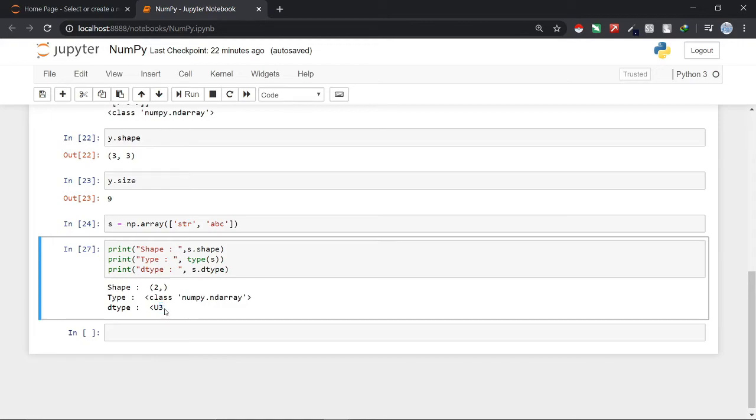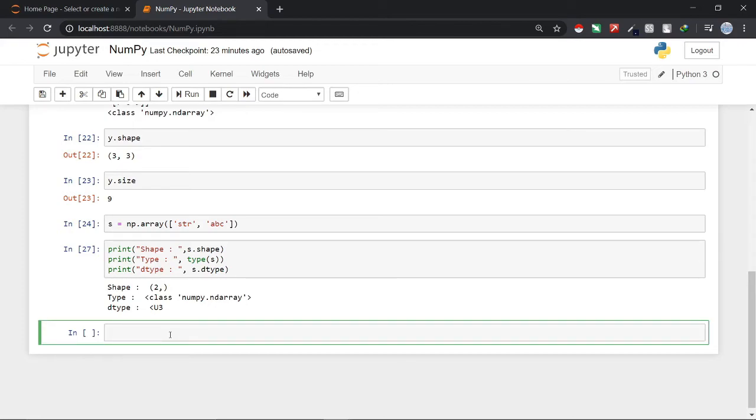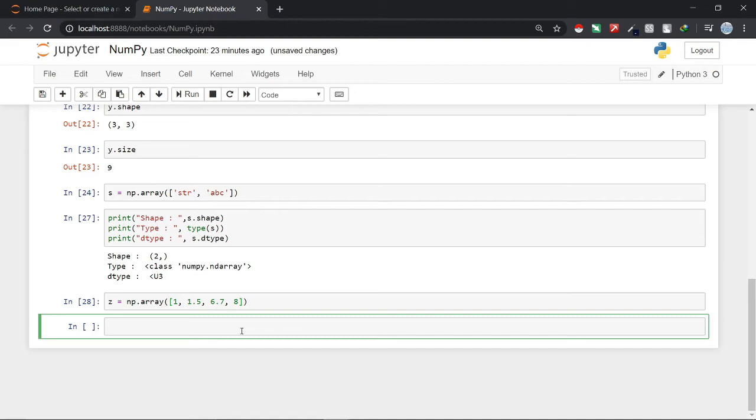You may notice here that NumPy automatically assigns the dtype of the elements stored in the array by itself. But we can also change the dtype or provide any particular dtype that we want. So let me just show you with an example what I mean to say here. In this example I will create another NumPy array. So I have created integers and float together. So let's create this array, and now let's just check the dtype of this array.